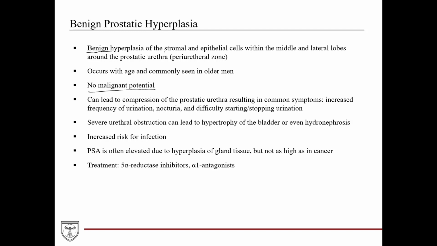It's hyperplasia of the stromal, or that supportive tissue, and the epithelial cells, mainly within the middle and the lateral lobes around the prostatic urethra, the periurethral zone, as we talked about when we talked about the prostate. So if we draw the prostate out again here. Now, the lobes aren't terribly important or terribly high yield at this stage. They're just helpful to differentiate these clinically and help explain the differences in clinical manifestation of both BPH, as this is known by,